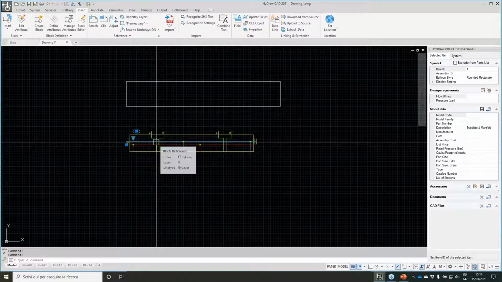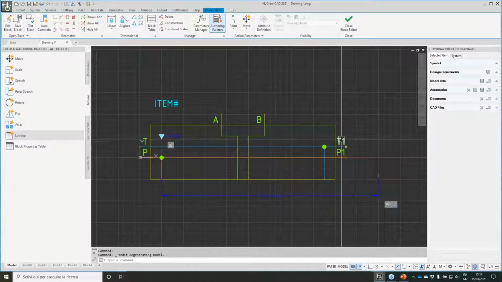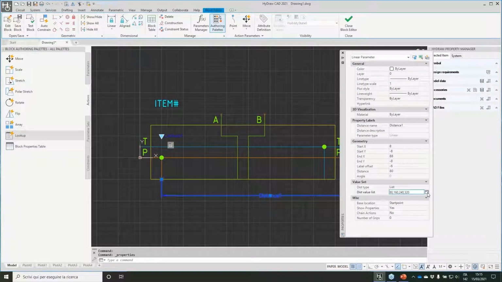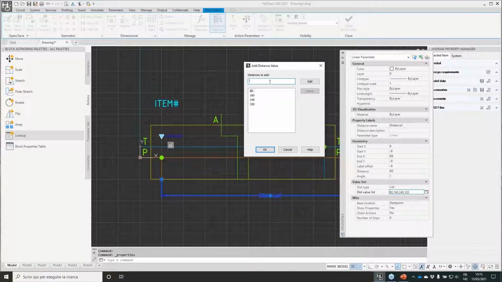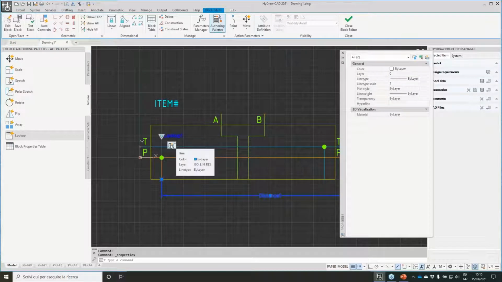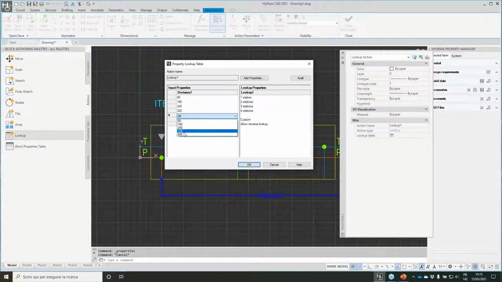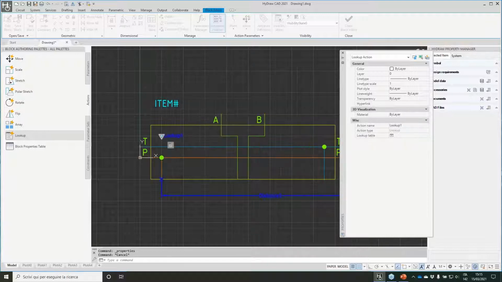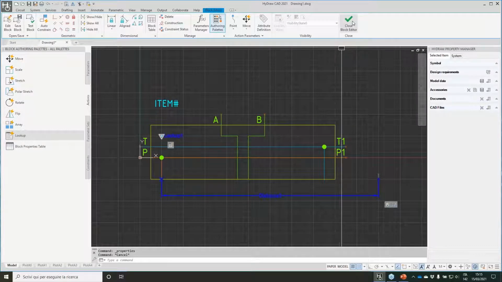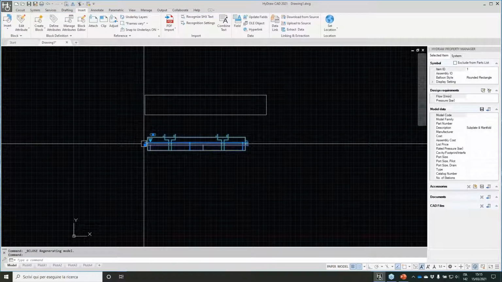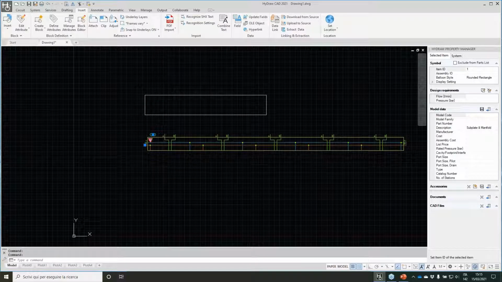And if I want to add also the fifth position, that's very easy. I just go into the distance parameter, properties. I will add a new parameter distance called 400. And I must remember that the same parameter must be applied to the lookup table. So I need also the 400 with the 5 stations. And now I close. And now we have built a symbol with a configurable symbol from 1 station up to